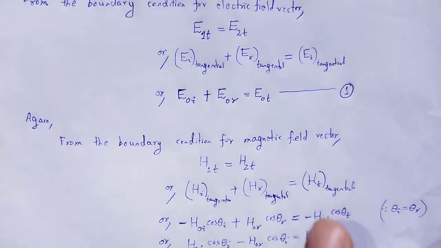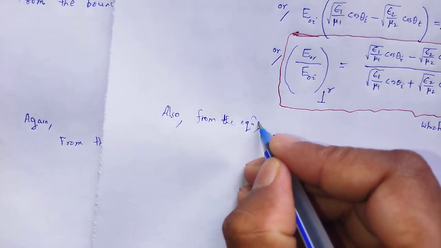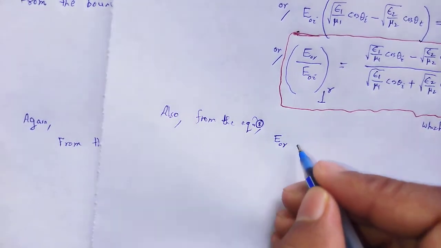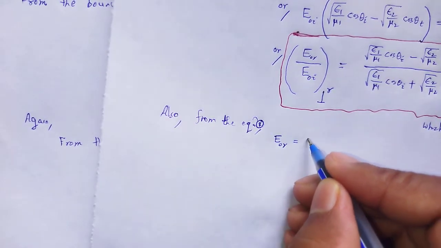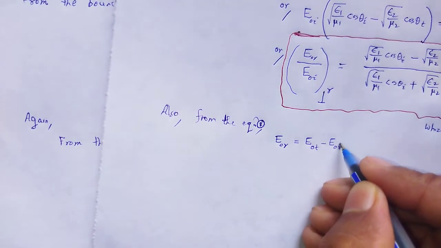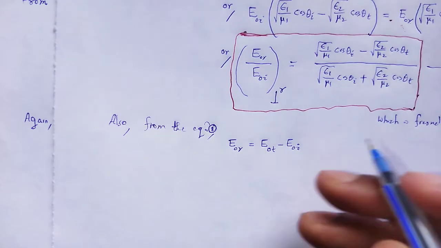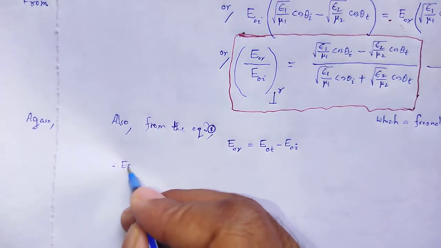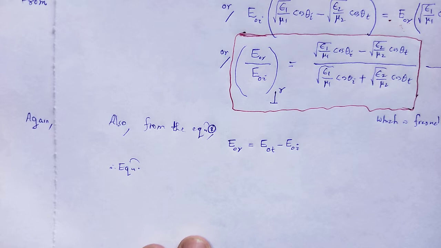From the equation number 1, E0R is equal to E0T minus E0I. Therefore, equation